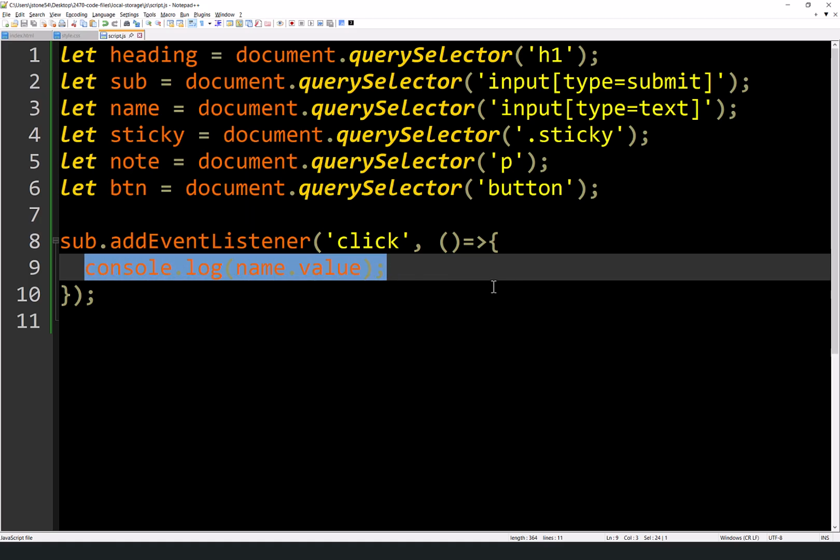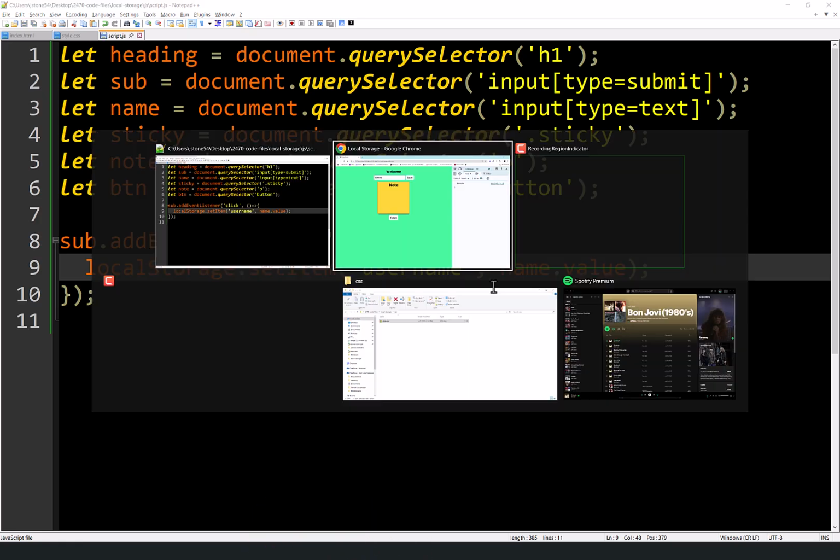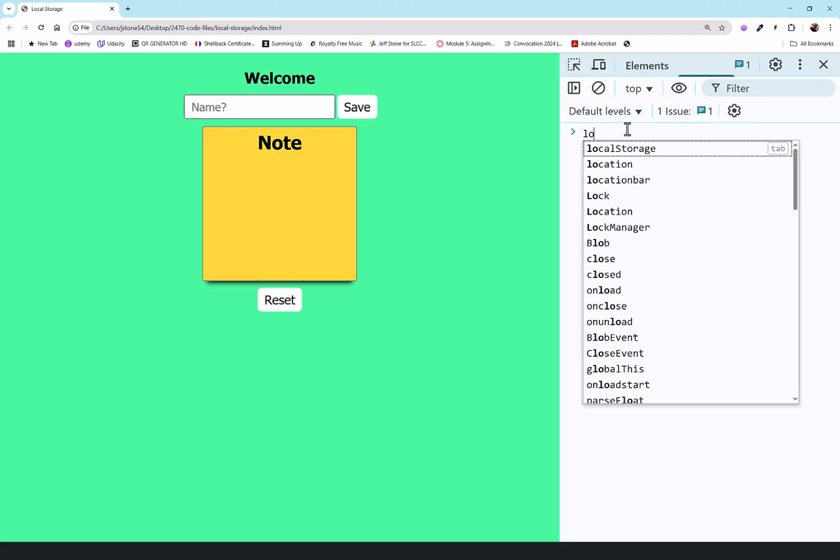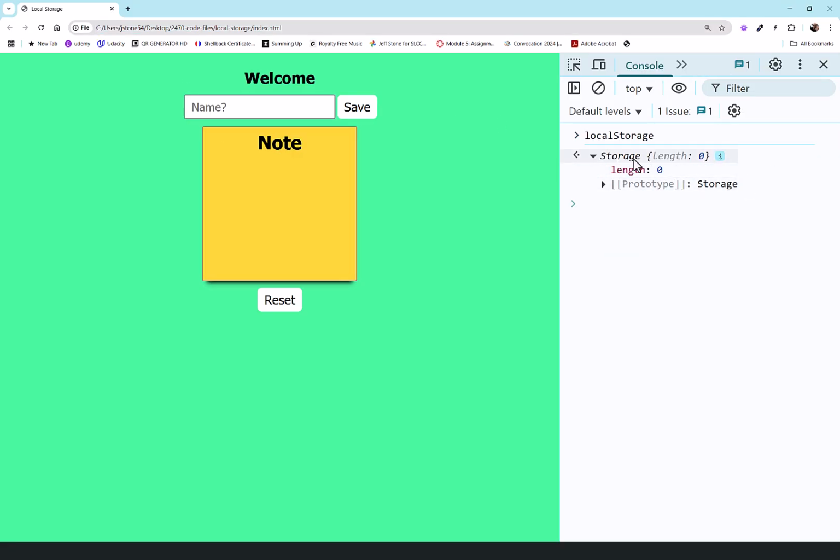We can say, and here's the first new thing that we're going to look at right here, is localStorage and then dot setItem, and we give it a name, username, or whatever you want to call it, and then we give it a value. Well, what's the value? name.value, right? That will store in local storage Beavis or whatever they type. Now, we're not done yet, but let's just start there. So let's clear this out. And right now, if I type localStorage, you can see there's nothing there. But if I add Beavis and click save, localStorage, now you can see in local storage is this Beavis,